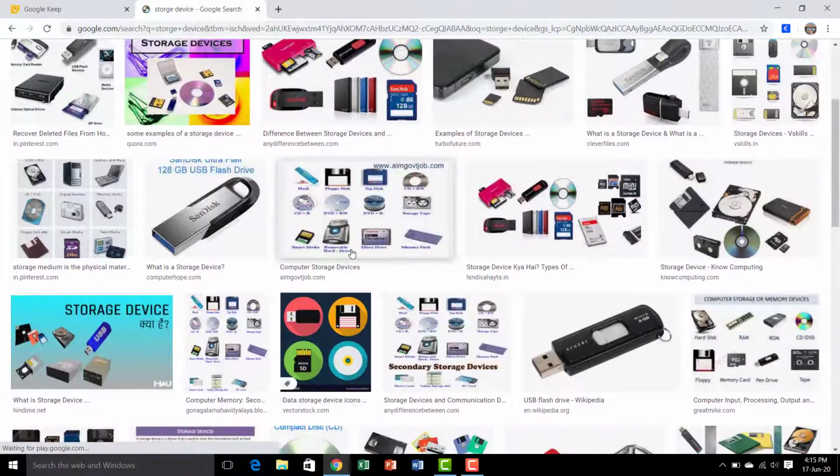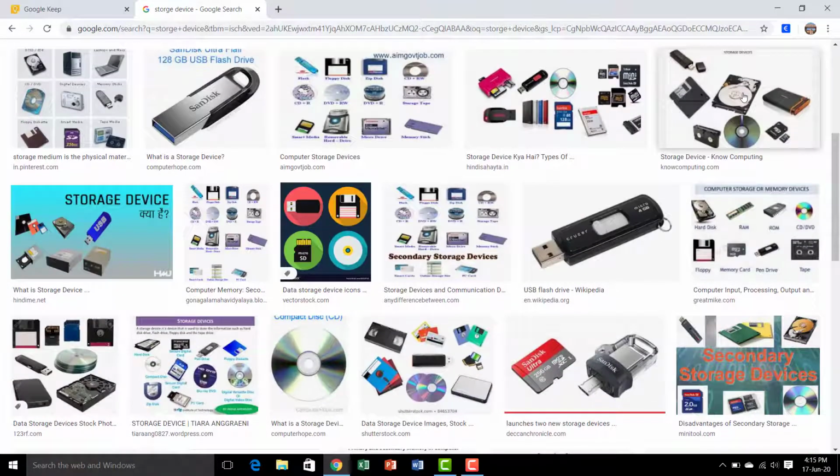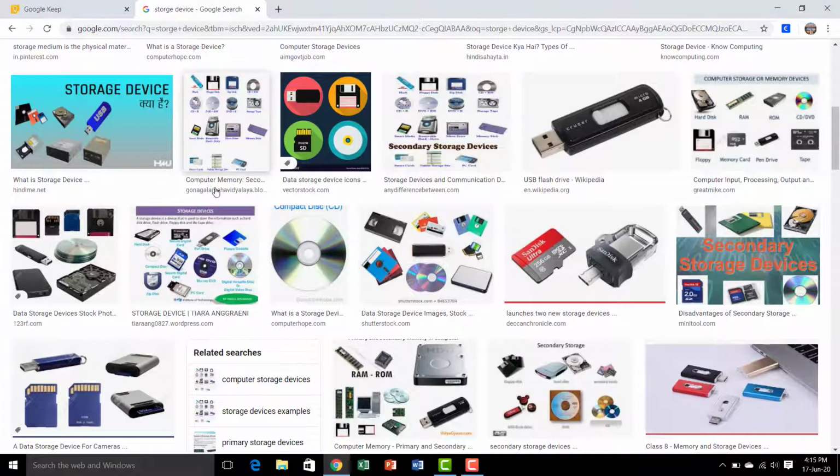All the data and instructions are stored in particular spaces. That is called a storage device.